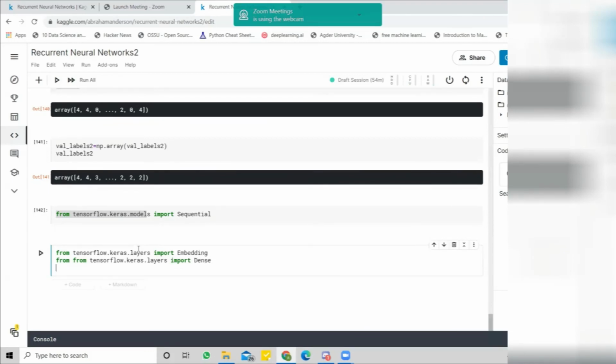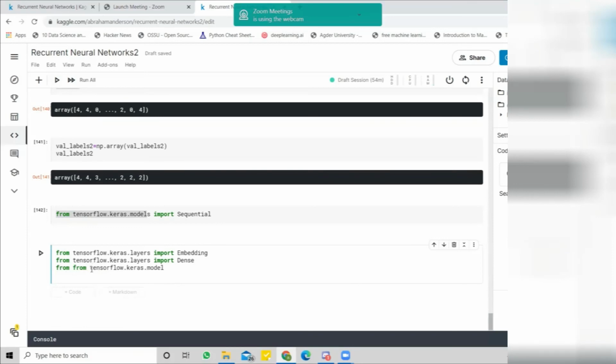Dense is mainly used for normal artificial neural networks, but as I said before, a recurrent neural network also includes an artificial neural network. Therefore, we use the Dense layer also from TensorFlow.